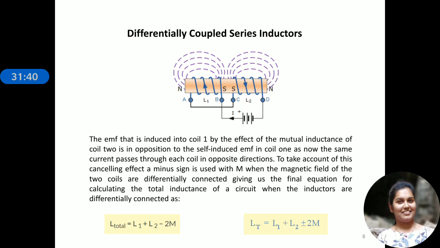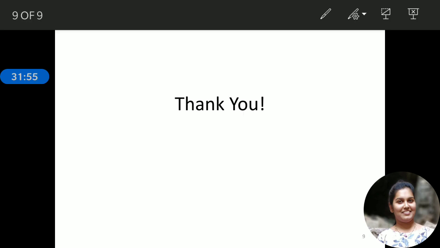So these are the points that we have discussed in this video, and in the coming videos we'll try to know the expressions regarding inductors connected in parallel. I hope I've cleared everything regarding the connections pertaining to series inductors when self inductances are considered, as well as when mutual inductance is considered, right?